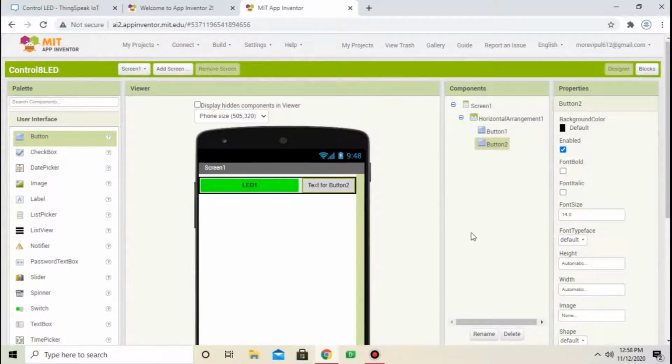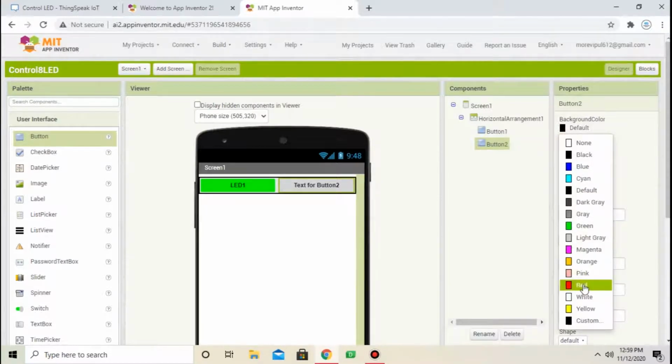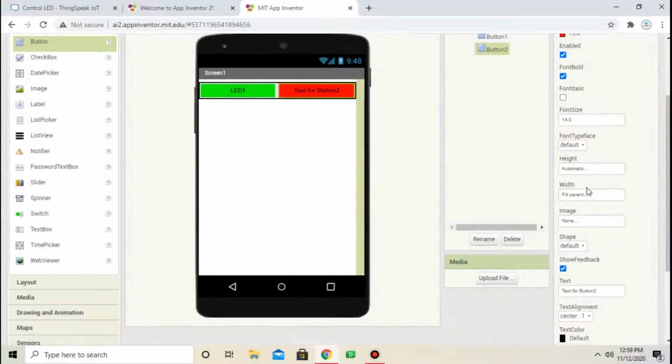Do the same changes for button 2. Change background color to red. Green is for on and red is for off. Change text to LED 1.